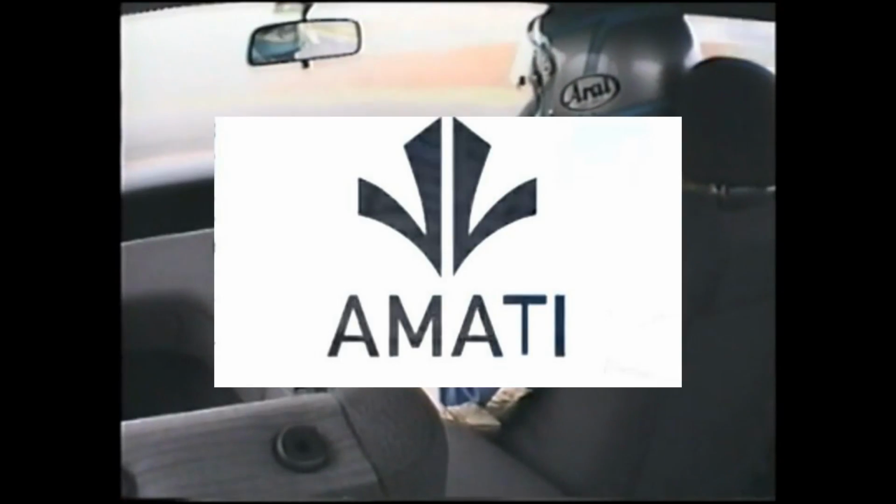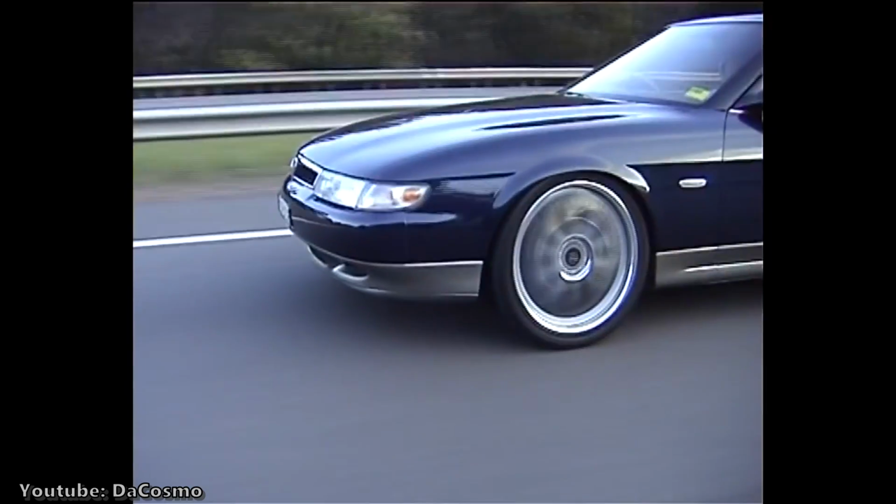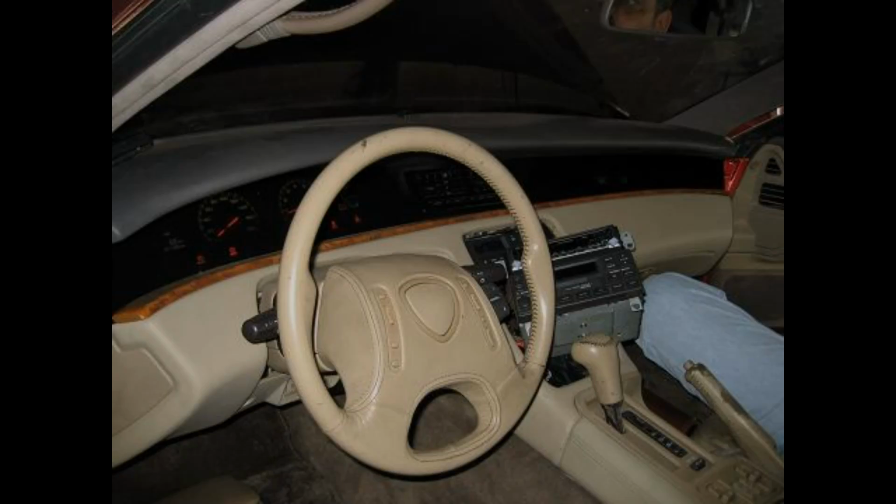Although the Cosmo was a vehicle meant purely for the Japanese domestic market, it was still exported through the Eunos sales channel, and at one point was even planned to be exported to the US through Mazda's cancelled luxury sub-brand called Amati. And so, the Cosmo appeared in other countries like Australia, New Zealand, and the UK, due to the majority of these cars being built with right-hand drive, but in rare cases you could even find left-hand drive